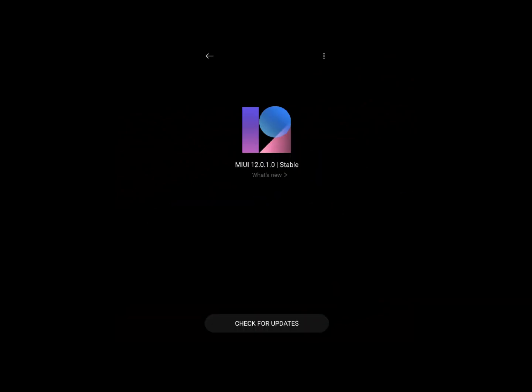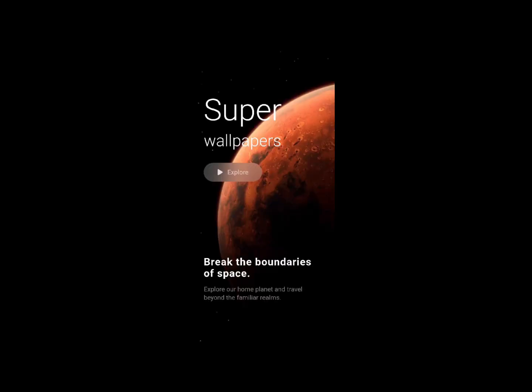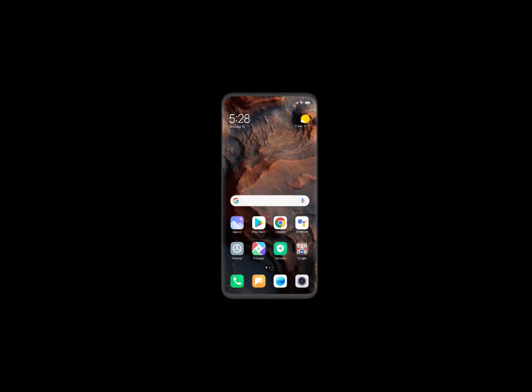Redmi has started rolling out the MIUI Global Stable Update, but we missed some features which we were expecting to see in this update. Users were expecting to see Super Wallpaper in this MIUI 12 update, which Redmi has promised. Super Wallpaper was made available in the MIUI 12 beta update, but we don't get to see it here in the Global Stable Update of MIUI 12.